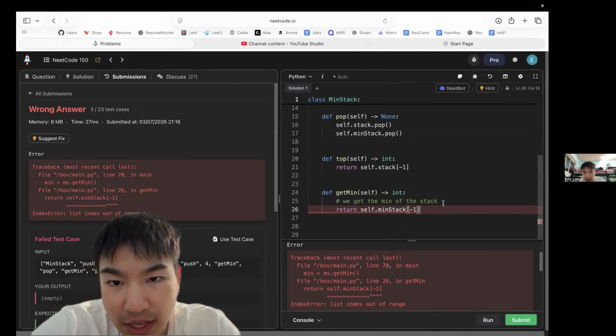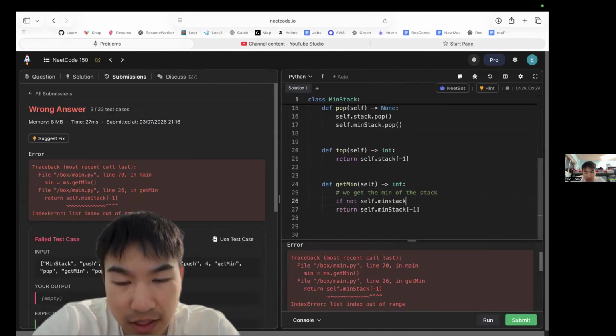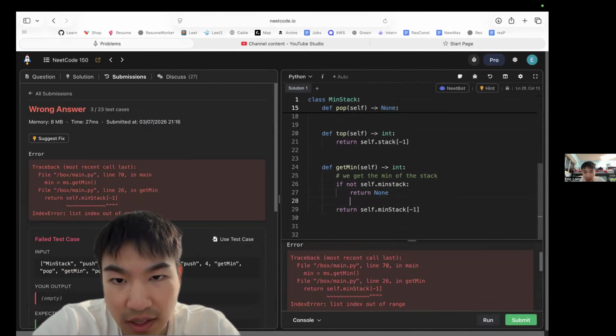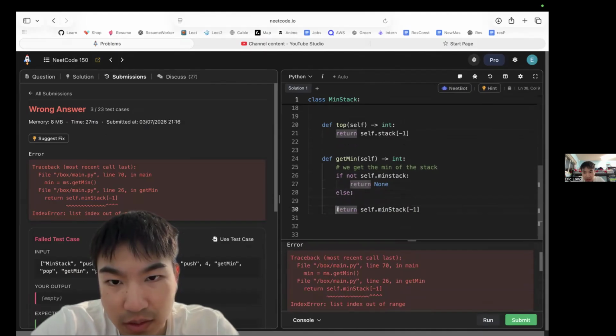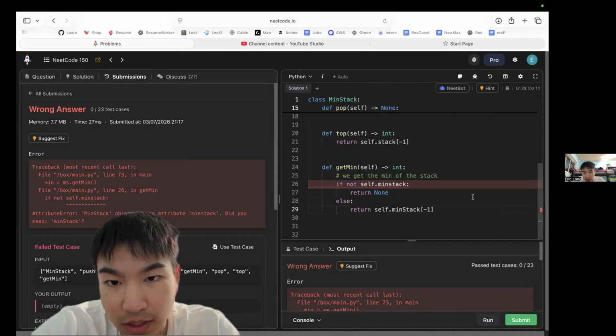Get the minimum of the stack. Let's see. If not self dot min stack, then we just return none, else we could just return this, because then we could safely assume that we have seen something in there. Let's go submit it, and this should, huh,